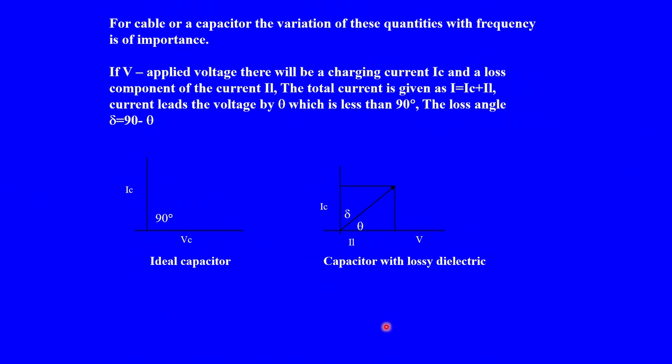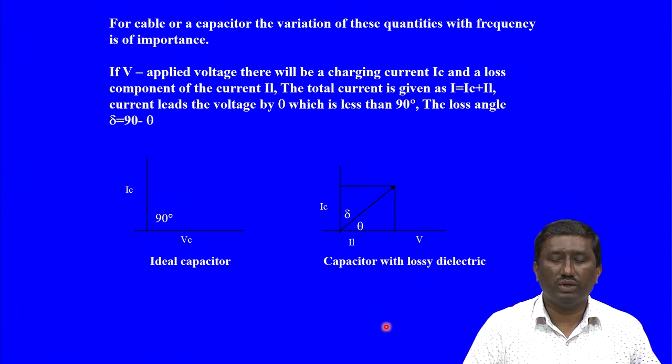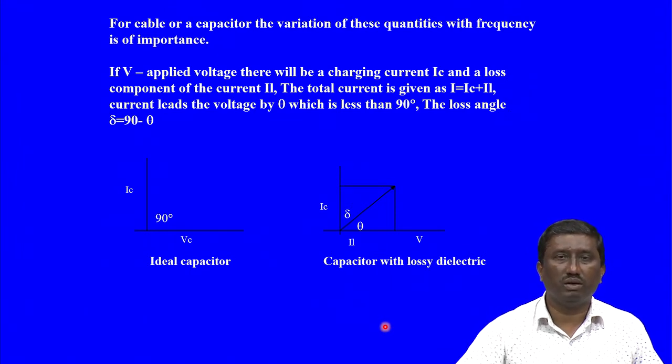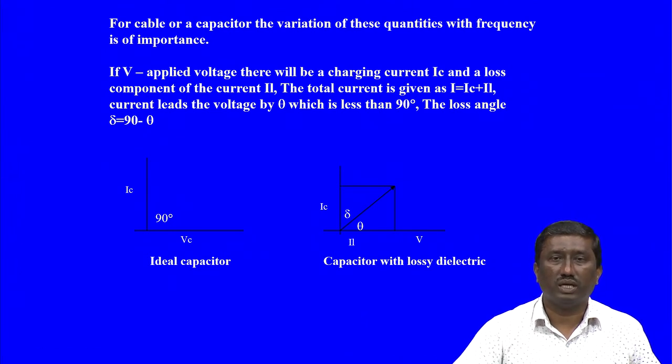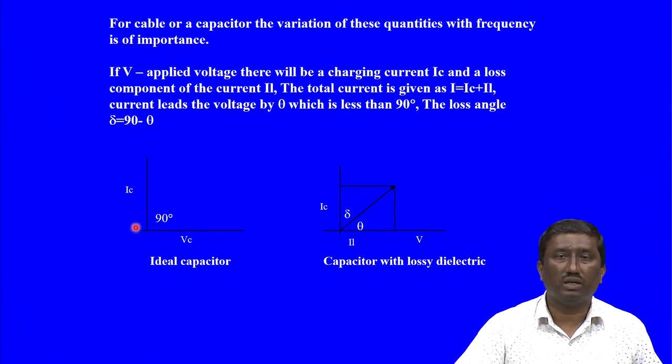So, for a capacitor or a cable, the variation of the quantities, the applied frequency and the voltage is of importance. Considering V being the applied voltage, there will be a charging current, which is shown here as IC, charging current IC, and a loss component of the current. The loss component of the current is IL, shown here. The total current is given by the charging current plus the loss component, that is I is equal to IC